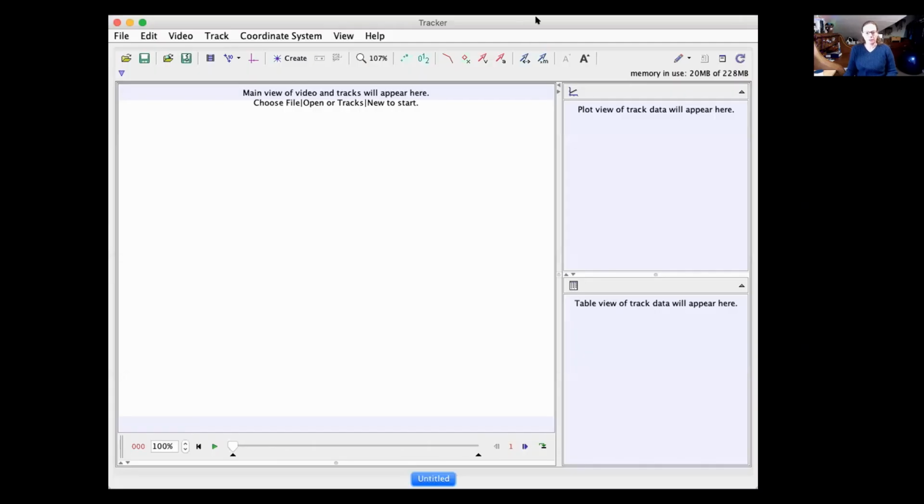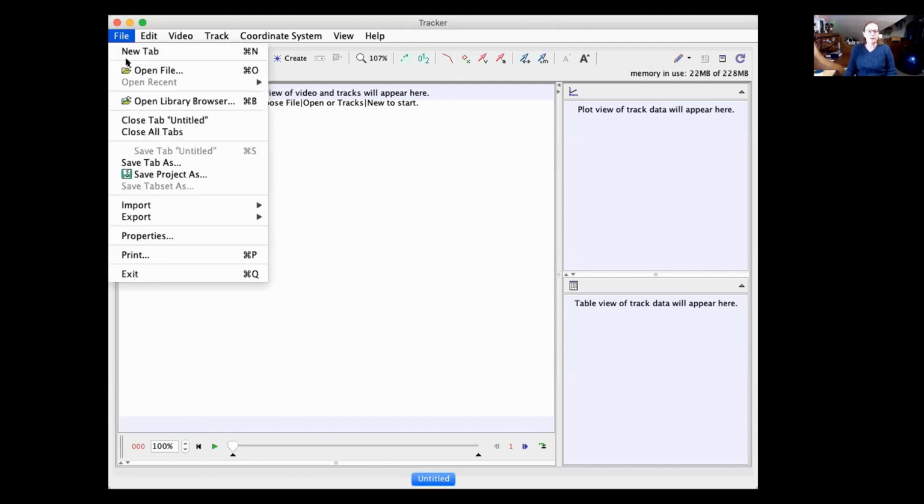Hi everyone, this tutorial is how to use the Tracker app that we're going to be using for some of our lab experiments. So how to use Tracker? Well, we're going to go to Tracker and you're going to see this screen. And once you have the video that you know you want to be using, you can either do File, Open,